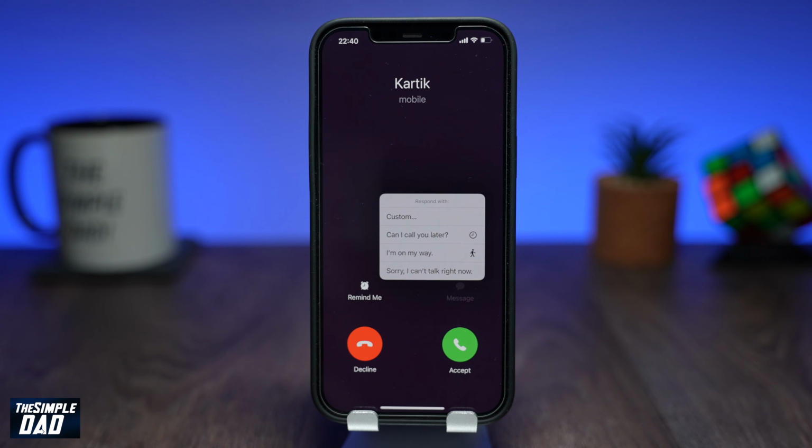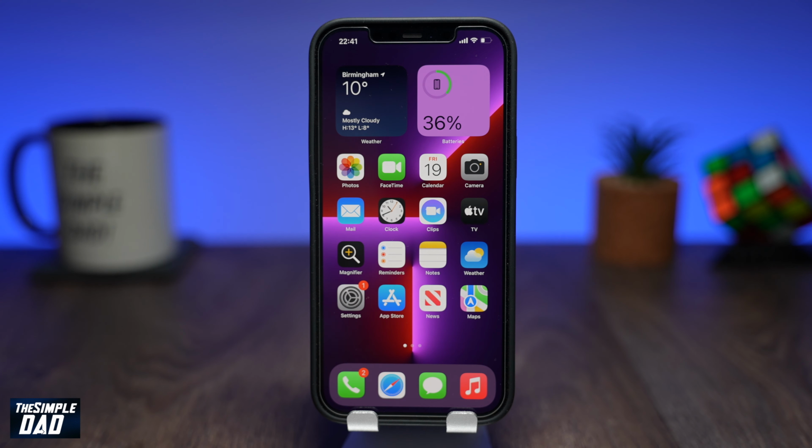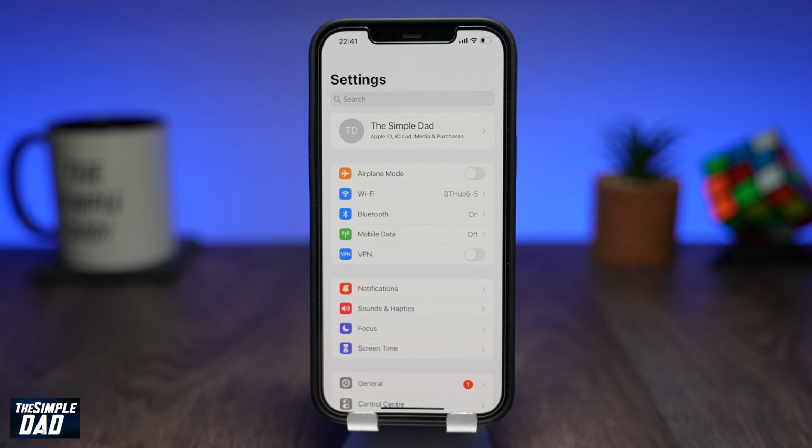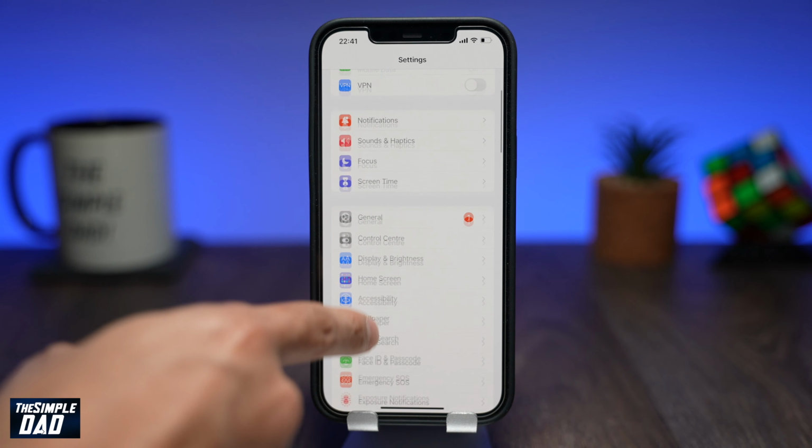So creating custom respond text templates allow you to quickly respond to a call which you cannot pick up. iPhone has their own set of templates, but if you don't like those, you can set your own replies. You can do this by going into settings, then tap on phone,